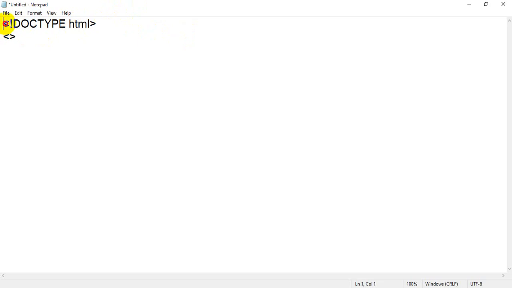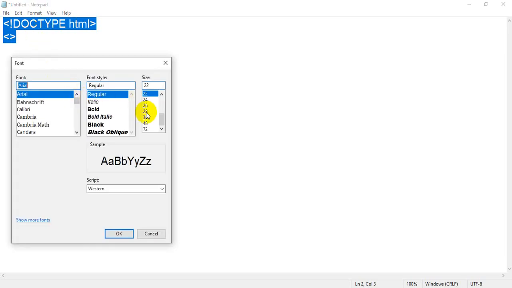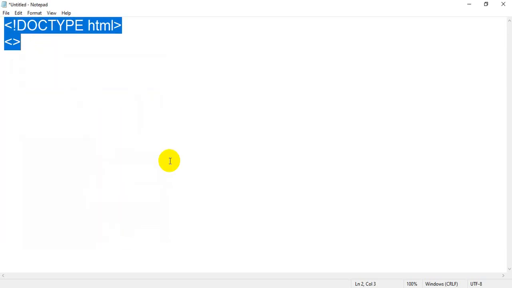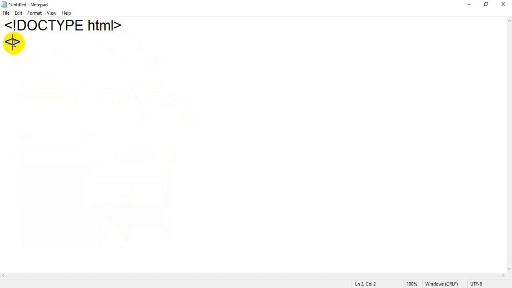Let me increase the font size so you will get a clear picture of the coding. Font, then I just want to increase to 28, not too small or not too large. After that I will start html and end with html. This is my style to write code. You can write at your will, but if you write the opening and closing tag at the same time, you will not forget to close. This is a good and easy way to write HTML coding. Opening tag and closing tag you have to write at the same time.